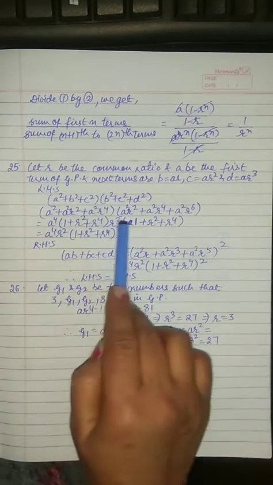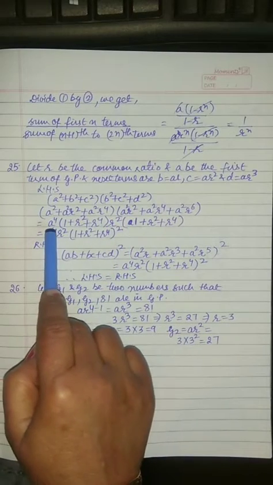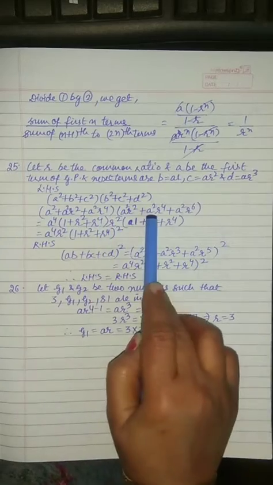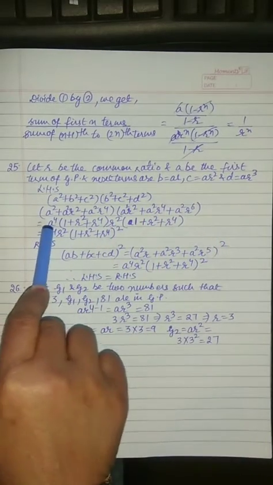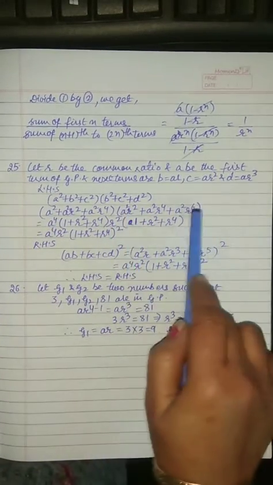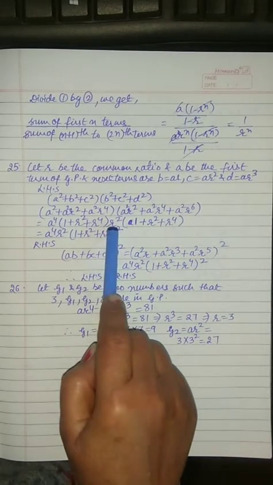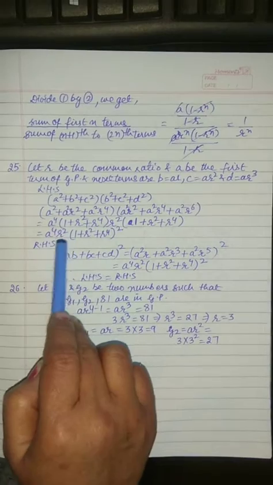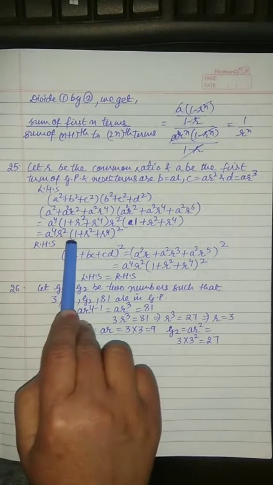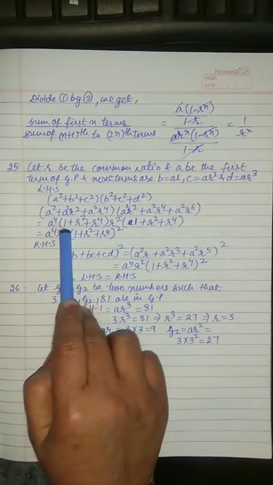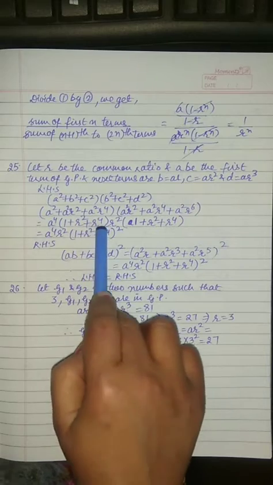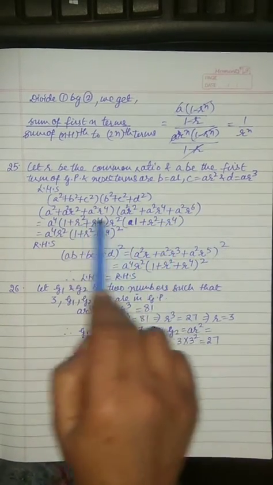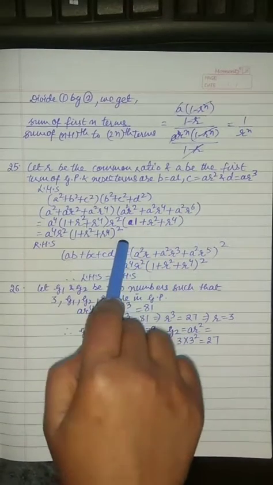Now first of all we will take A to the power 4 common, A square common from the first product and A square from the second, it will become A4. Then R square from the second product, R square will be common, so collectively it will be written A4 R square and we are left with 1 plus R square plus R raised to power 4, whole raised to power 2. These two products are occurring 2 times. So this is our left hand side.